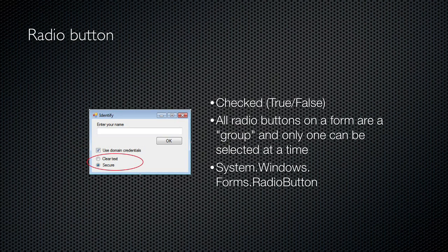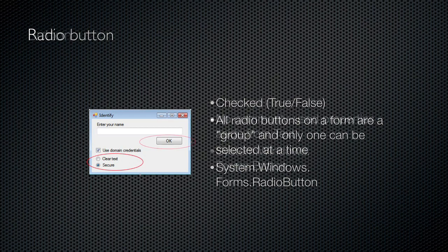Radio buttons are used to indicate a choice from a set of mutually exclusive options. Typically, you should have no more than 3 or 4 radio buttons. Any more choices than that really calls for a drop-down list box instead. All of the radio buttons on a form are considered to be a set, and only one radio button in the set can be selected at a time. Each has a checked property, which tells you if it's selected or not, and the class name is